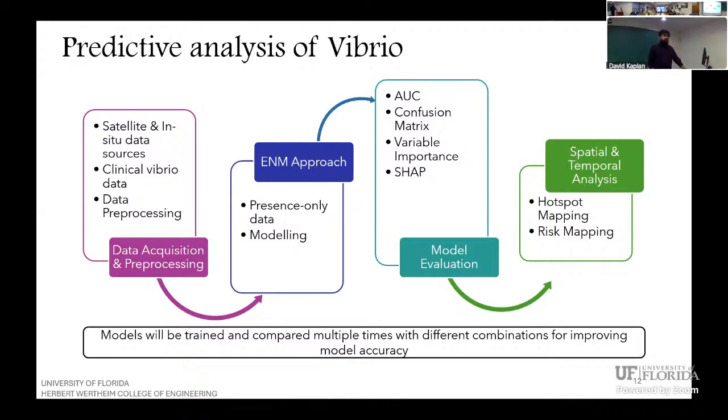Yeah, so the positive data is made of this: let's say a clinical case was found in any hospital or any clinic. Based upon that, only those points that lie within 50 kilometers of the inland region from the coast were selected. For each of those points, a 200-kilometer buffer was selected, and the mean of all the oceanic variables was taken. That's how the data was prepared. So there were actual infections.